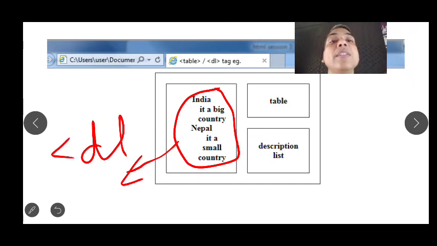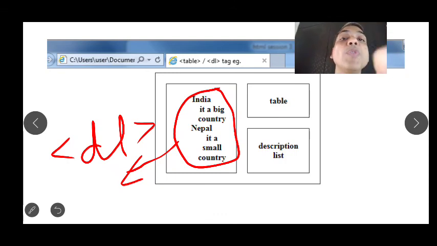This output is because of the DL tag, and there are supposed to be 2 rows and 2 columns, but here we got only two. Two rows are not there in the first row as well as in the second row because they are merged.